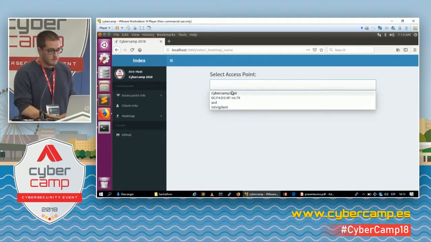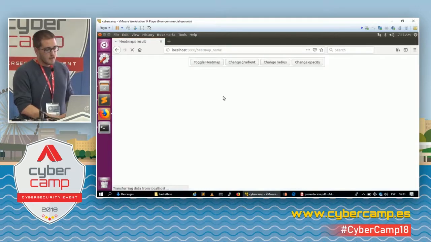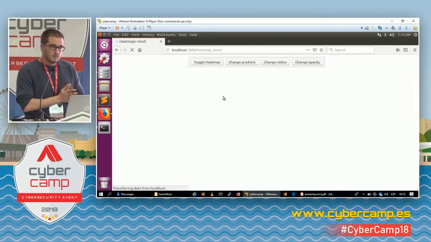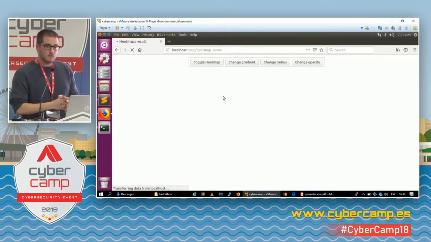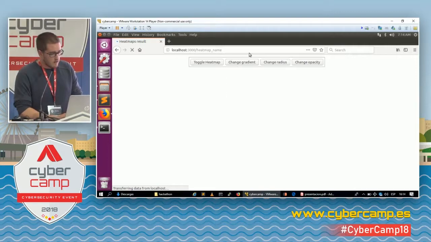You will also have the heat map generation. And we've been using Google Maps, as we said, mainly because it was a suggestion and also because we had some problems with Leaflet that we had chosen. Here,